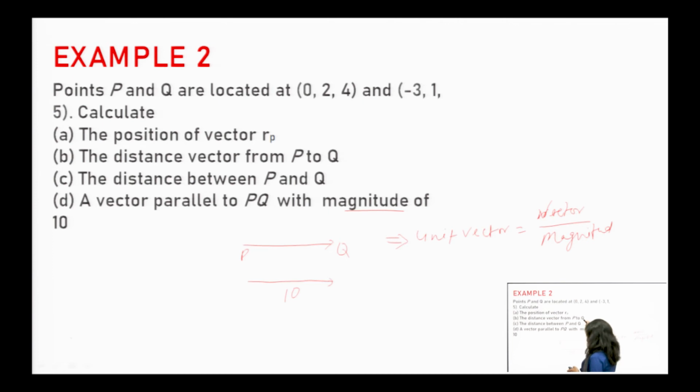So we found the vector is minus 3, minus 1 and 1. The magnitude we have found is root 11. So this is the unit vector. We can write it in ax and ay, and once we find this